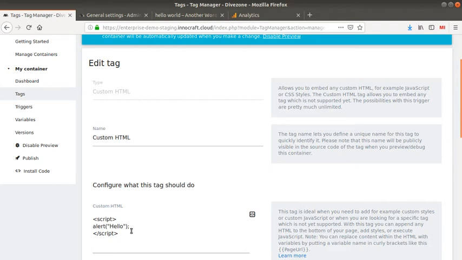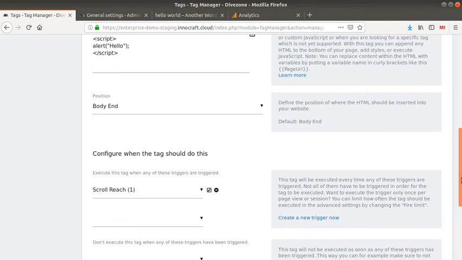You can even insert some HTML text and CSS assigned to it. That can be useful if you'd like to design a cookie banner or a text at the bottom of your screen, because when you add your tag, you have the possibility to specify the position at which you would like to insert it.